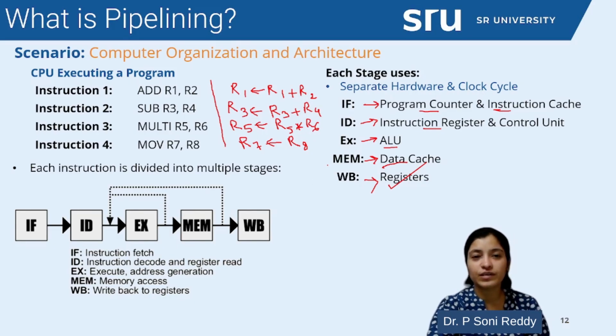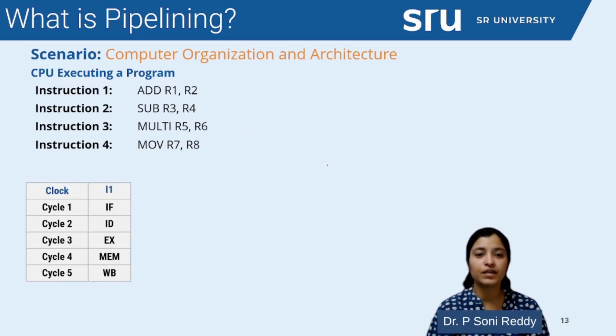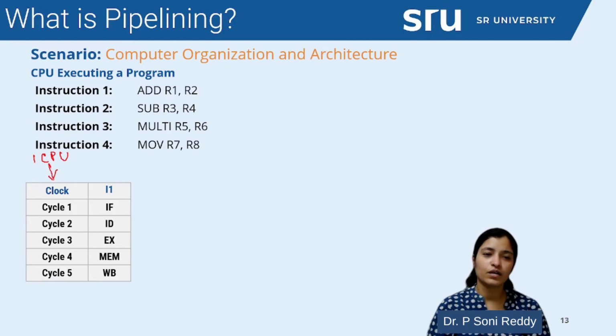Now, how can we do this parallel execution, or how can we implement this pipelining? For implementing this pipelining, I am using a reference signal which is called the clock signal. Every CPU will have one clock signal. In this case, we have one CPU, and one CPU will have only one clock. So every CPU has one important signal which is called the clock. This signal is majorly used for synchronization, that is, for synchronizing each step of execution inside your CPU.